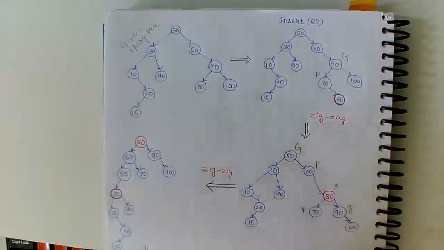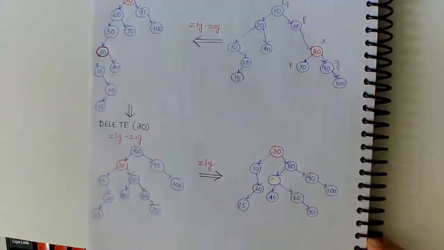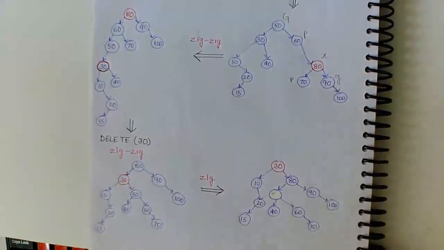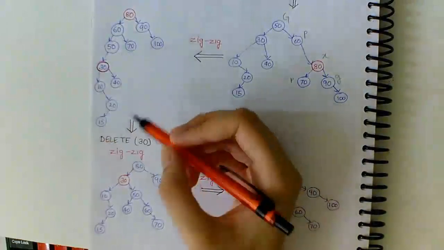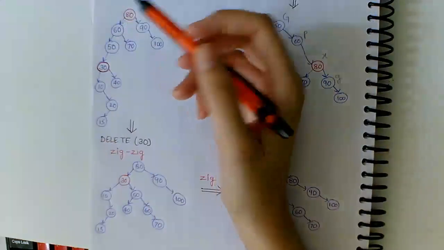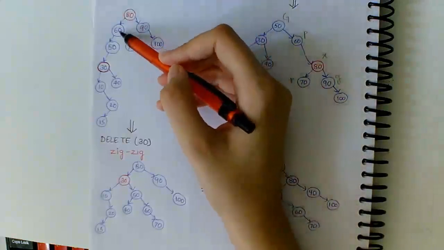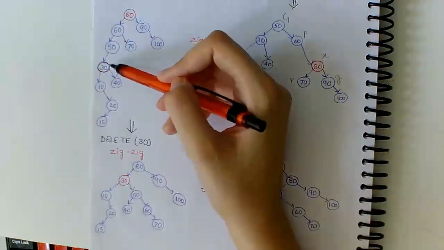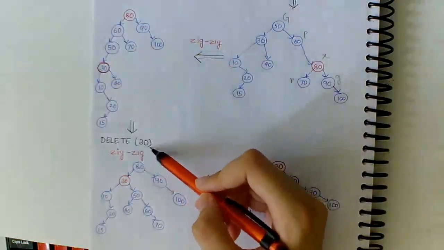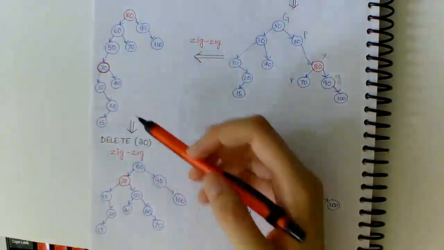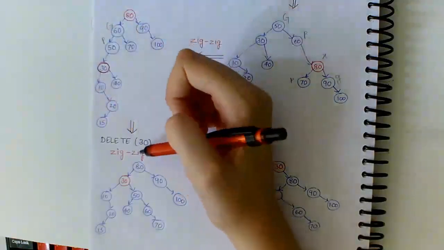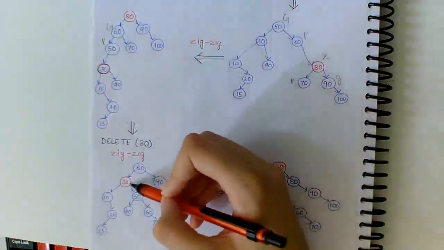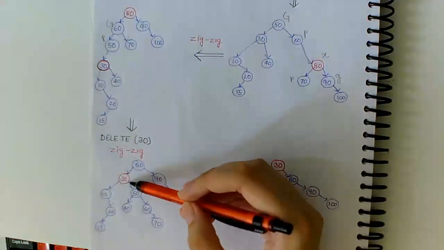And then moving on to the operation delete 30. So this is the final tree, and then for delete 30, first we do the operation find 30, and like normal BST searching, we go to left of 80, left of 60, left of 50, and then we get 30. So we know where 30 lies. Now for the delete operation of 30, we have to first move it to the root. So this is the grandparent and this is the parent. So this is a left-left, that is a zig-zig operation, so we perform a zig-zig operation, and 30 replaces 60,